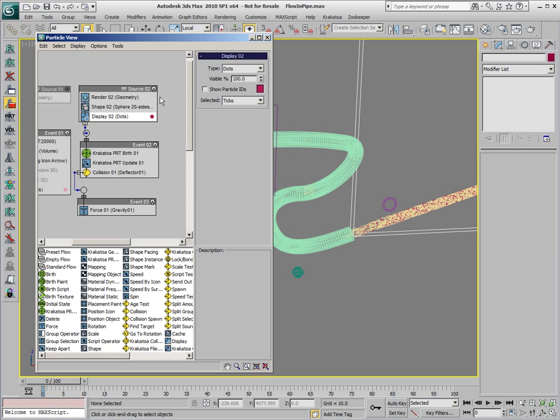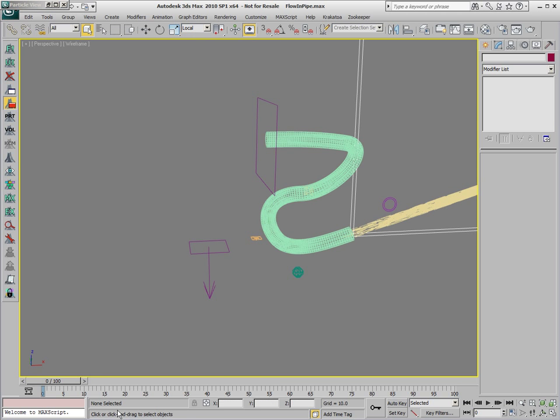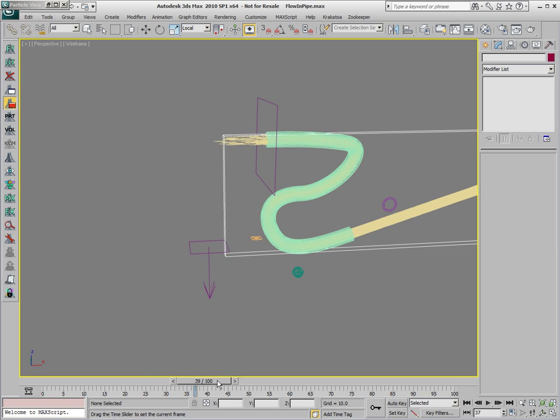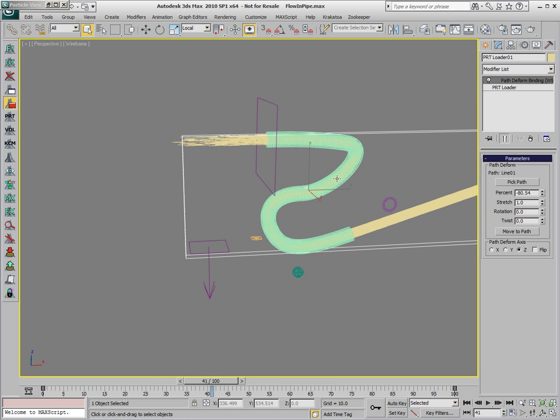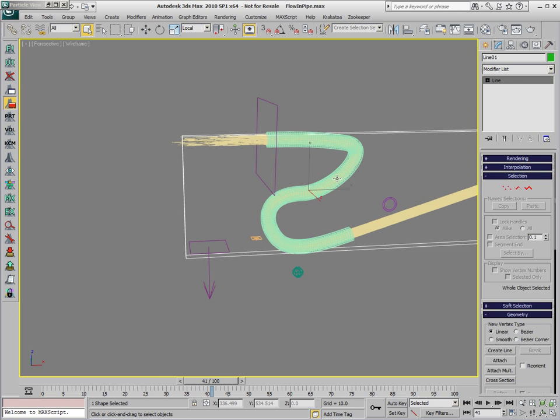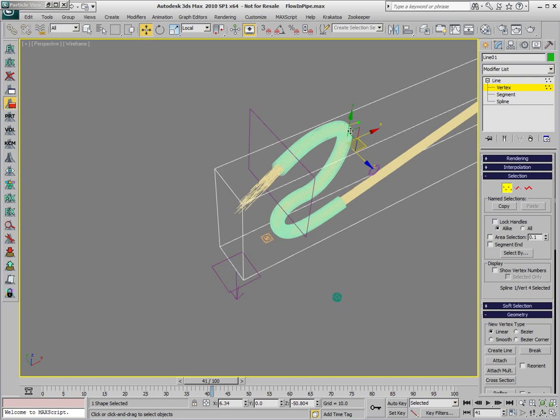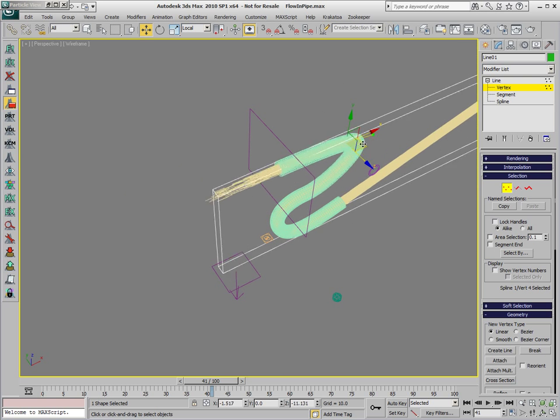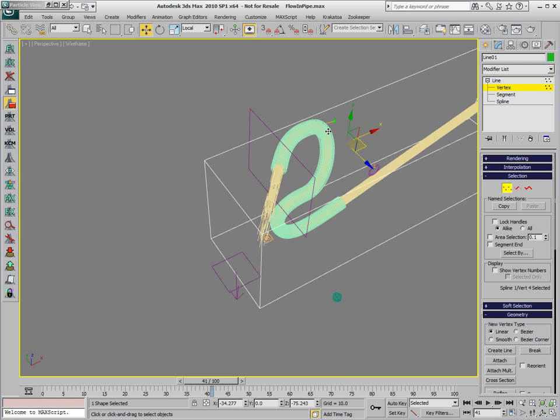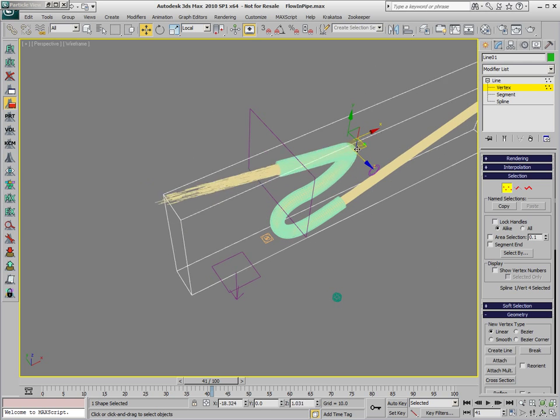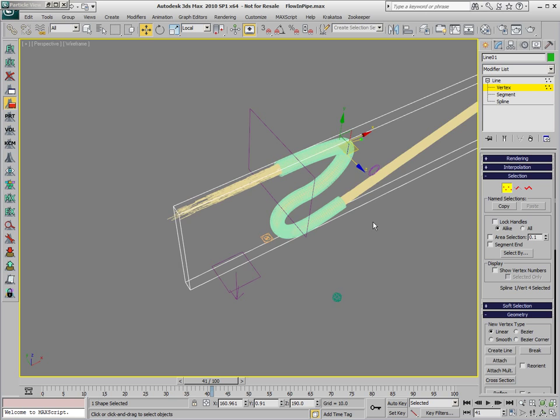Let's disable the PF source again for speed reasons and take a look at how we can modify the actual spline that is driving both the loft and the path deform on the PRT loader. If we would go to vertex level of this spline and grab a vertex and move it around, both the loft and the PRT loader will be deformed at the same time,